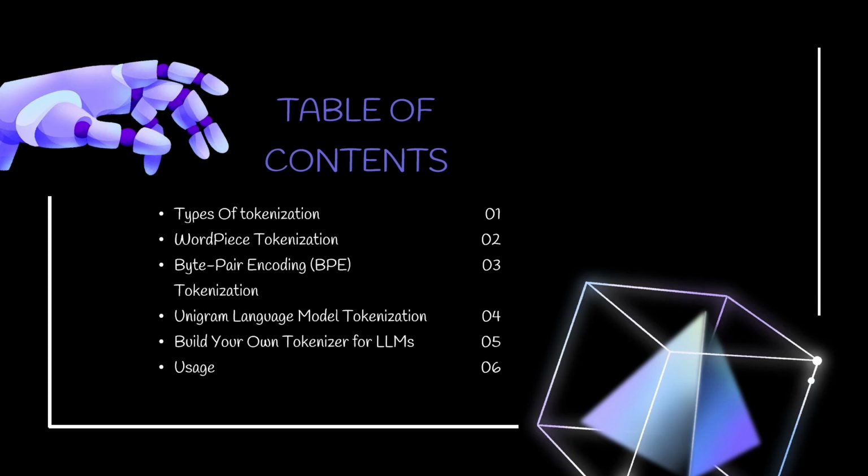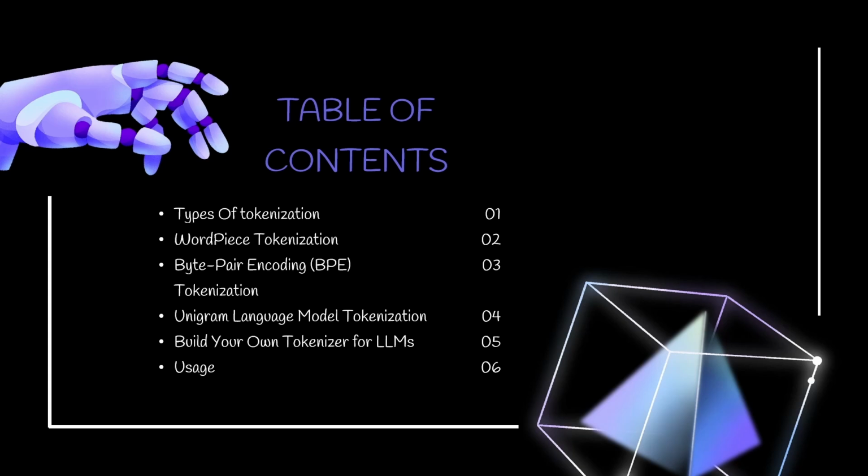Today we are going to discuss tokenization techniques, which is an essential step in natural language processing, specifically when you are working with large language models. We'll start with different types of tokenization methods. I'll briefly explain the concepts behind each and we'll try implementing these methods from scratch or by using libraries like NLTK or spaCy. After that, we'll dive into some of the more advanced and widely used tokenization techniques such as